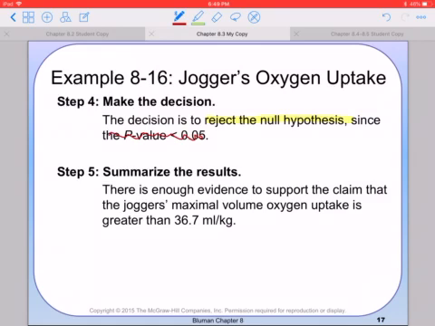If you remember, the alternative hypothesis was the claim. So summarizing our results, there's enough evidence to support the claim that the joggers' maximal volume oxygen uptake is greater than 36.7. So there we go. If you run a